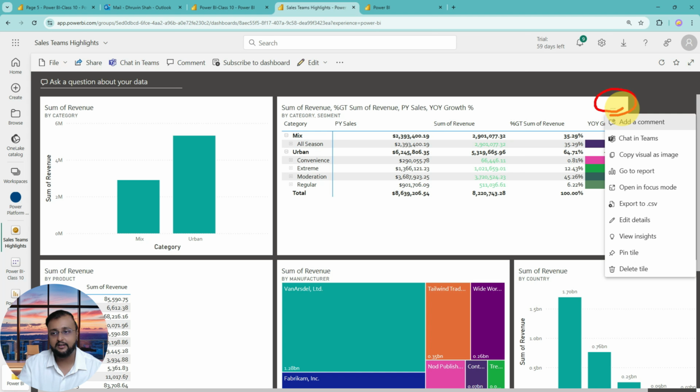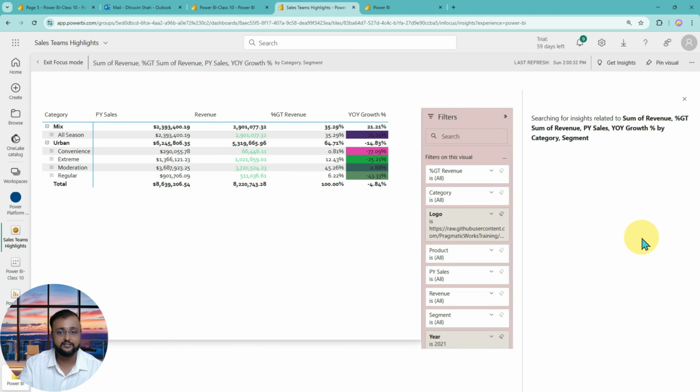Let's say, for an example, you wanted to export this data to CSV, or open it in focus mode, or go to the report, or copy the visual as an image, you can do it. Or if you want to edit a little bit of detail like a title or something, you can add that. And if you want to view some insights around that, you can click on that,